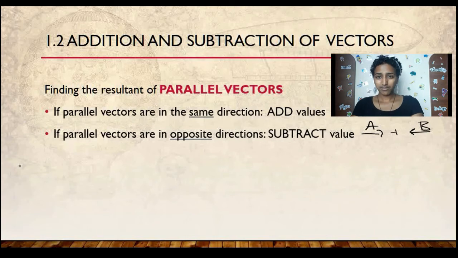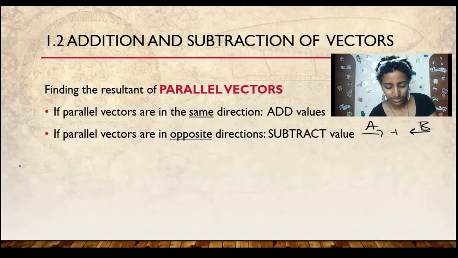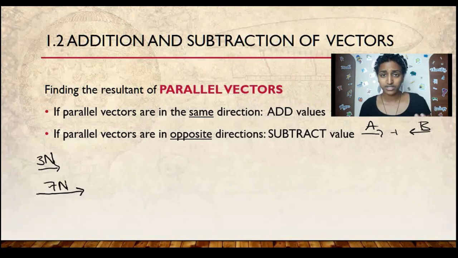So let's give some examples to understand this concept a little better. Now, let's start with two vectors in the same direction. Let's have one vector here and another vector here, okay? You can see I'm making the second one a little longer, so let's call the first one 3 Newton and the second one 7 Newton. I'm using Newton because Newton is the unit of force, and force is definitely a vector.